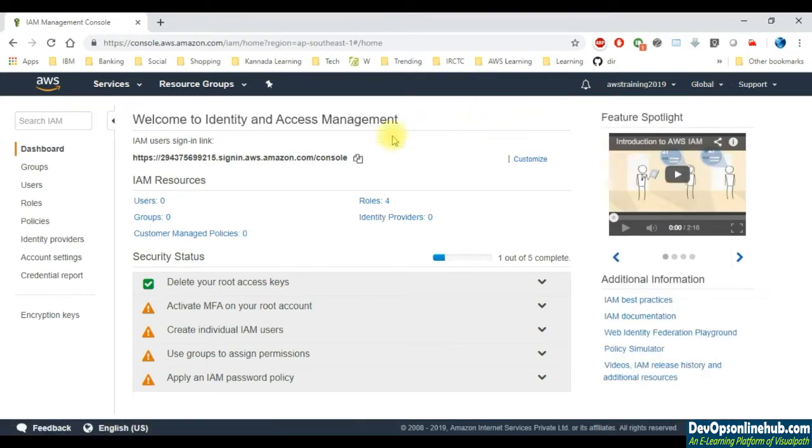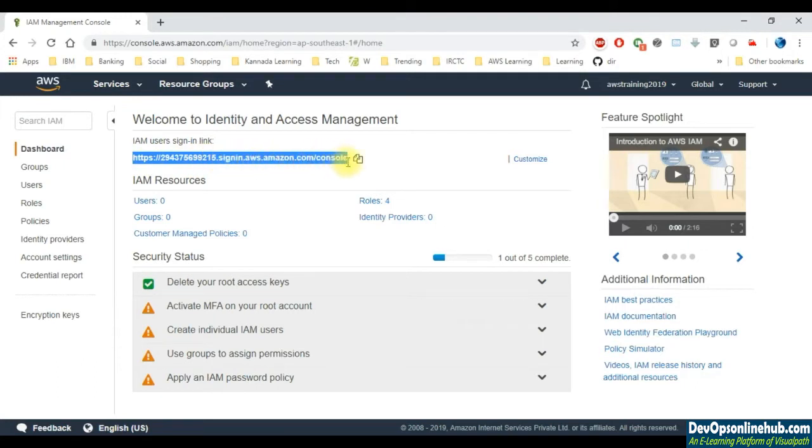Now the next thing that we see here is the IAM users sign-in link. We are actually the owner of this AWS account. That's why we have logged in using the email ID. We call it the root account. In this root account, we are going to add certain users from my company who are going to log in and start their work by creating virtual machines, storing data or other things. Now how would my users be logging in to this AWS console? This is the user link that we are going to provide.